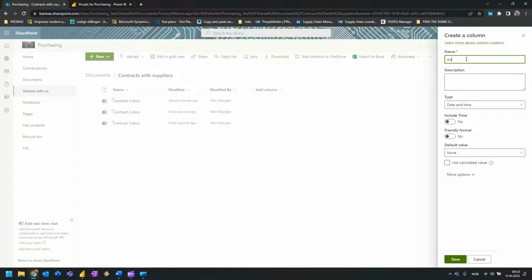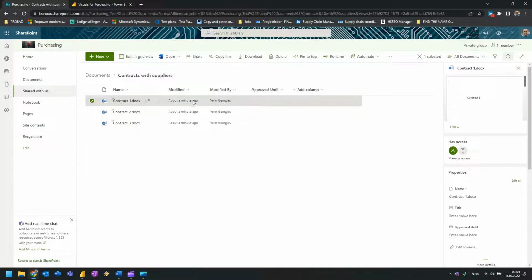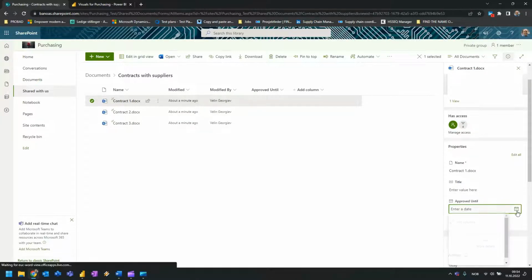I will write approved until. You can require this to be filled out or enforce unique values, but for simplification, I won't do that. So it added a column, and I want to make, let's see, this is the first file. It is approved until